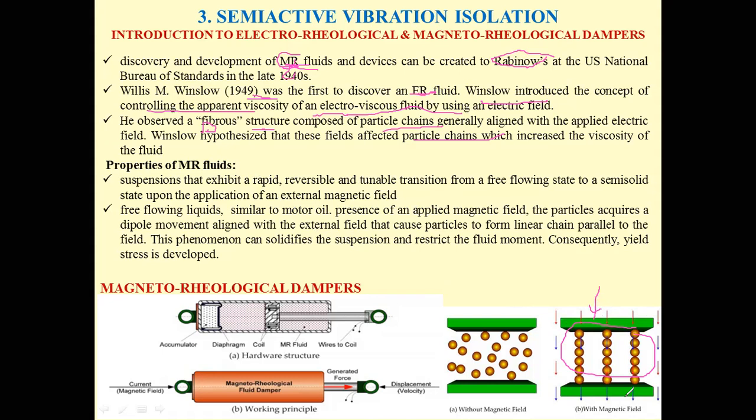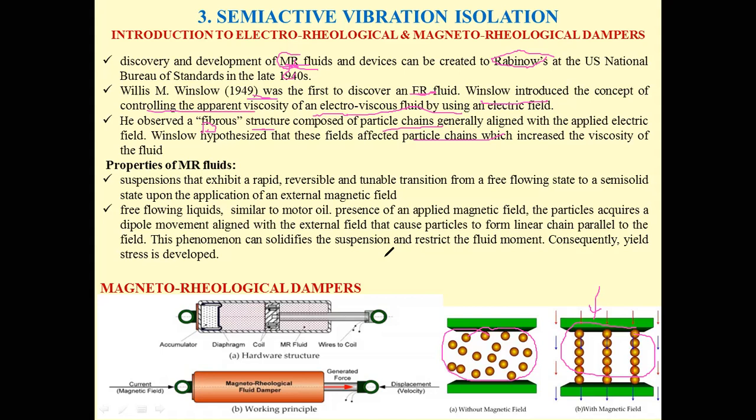So the fluid basically consists of particles. This magnetorheological fluid consists of particles that are held in suspension by a non-conducting fluid. The suspension or carrier fluid is either hydrocarbon or silicone oil. The particles dispersed in the fluid are commonly metal oxide, then aluminum silicates, silica, organics or polymers.